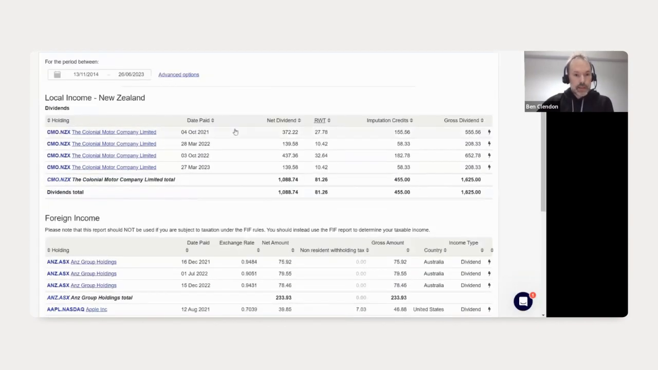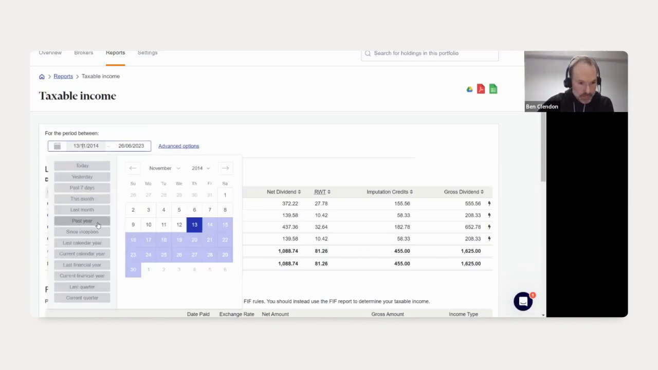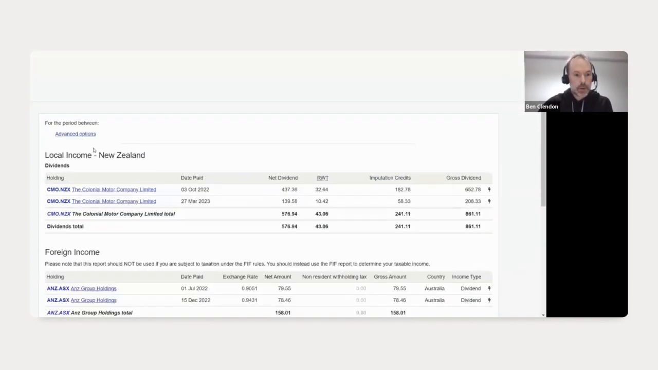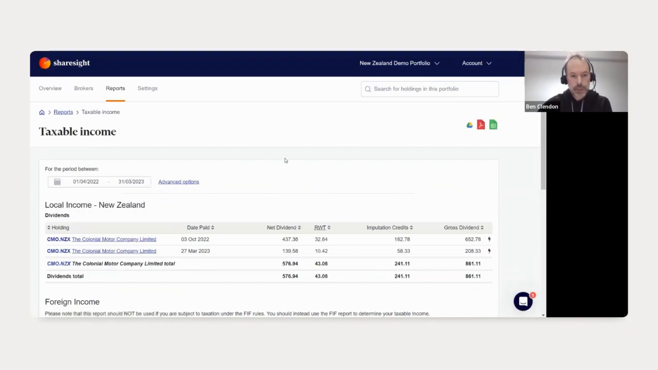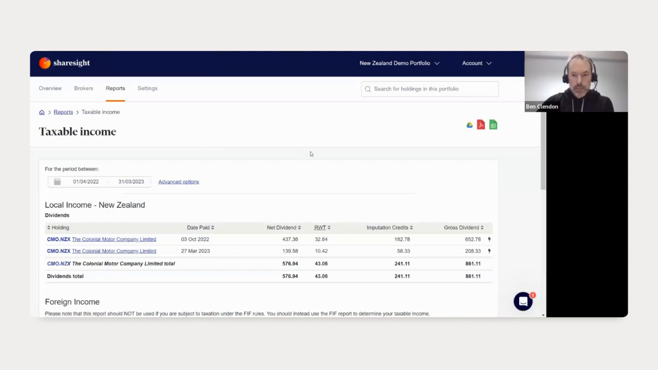And that's really the taxable income report. Obviously, you want to run it for the last financial year, so let's just go and run that. It'll automatically default to the New Zealand financial year. So that's one of the tools we've got available. And again, you can extract the data through those different download means. The next thing is